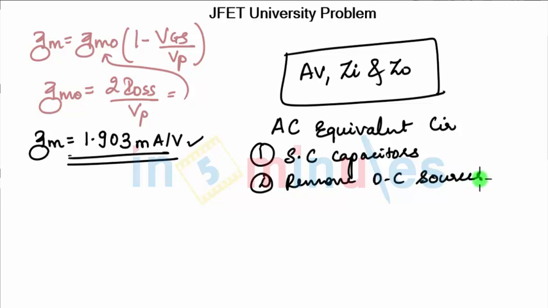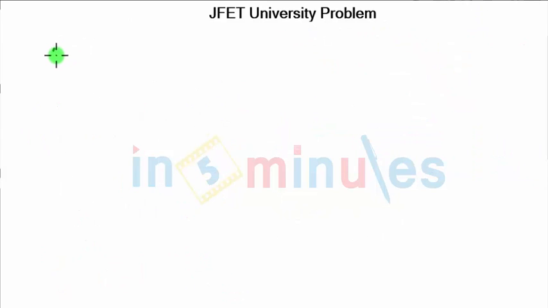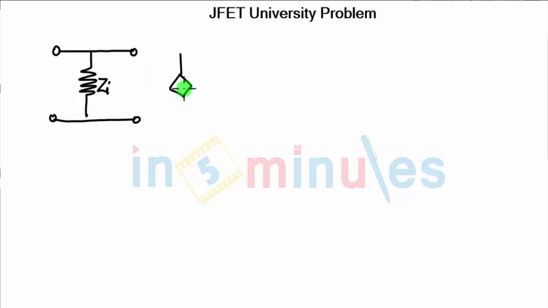So looking at the circuit diagram, this capacitor will be shorted, so this resistance RS will now become redundant. So we do not draw the resistance RS, and again this capacitor will be shorted. So how will the circuit look? You have Zi, that is R1 parallel to R2. Then since the current flowing from the input side is 0, you don't have any connection between the gate and the source. Then you have the dependent current source GM into VGS.